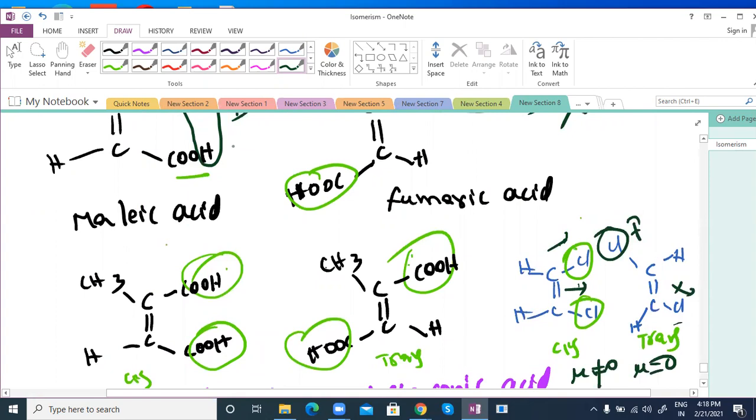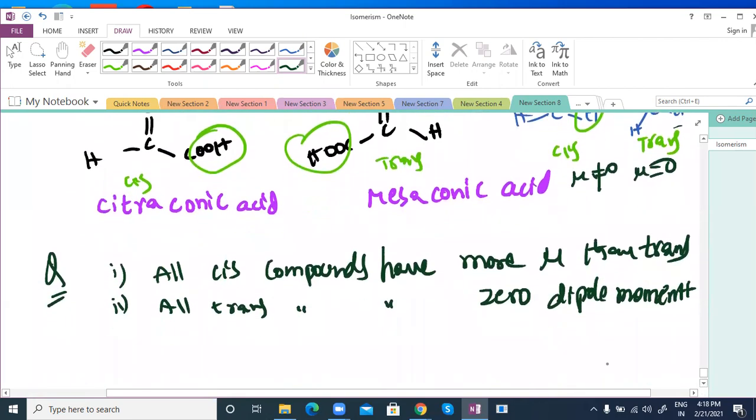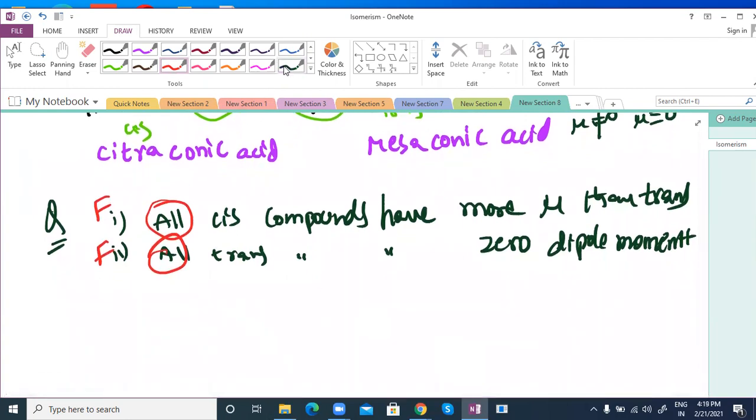We are going to give one more advanced one, EZ nomenclature. Sir, then trans is not always zero, no? Yeah. So which of the following statements is true? You can see that one. First one's true, second one's false? Both are false only. Okay. Both are false. I can prove that with an example. So 'all' means the term is wrong. Otherwise correct. The remaining cases are correct. Generally you can say that is correct, but because they are using the word 'all', that's why it's wrong. So you can check it here.